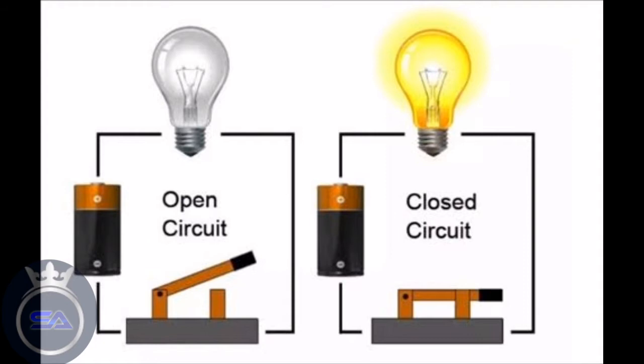We call a circuit closed when the circuit components are connected properly with the power source in such a way that it enables an uninterrupted flow of electric current. Switches are used to close or open a circuit. In other words, to let the current flow or to stop as and when required.